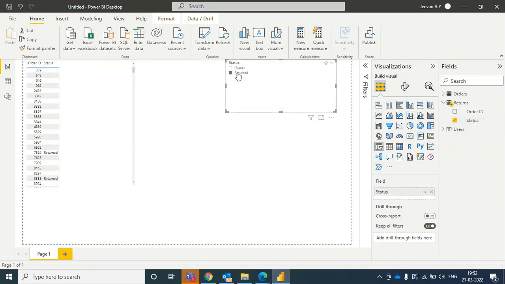I am selecting only returned. So if I select returned, this visualization will give me the order IDs which actually have a status of returned, no other order IDs. Got it? So now it's all about building